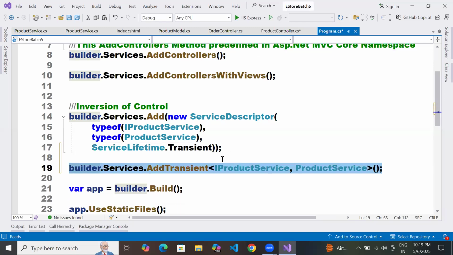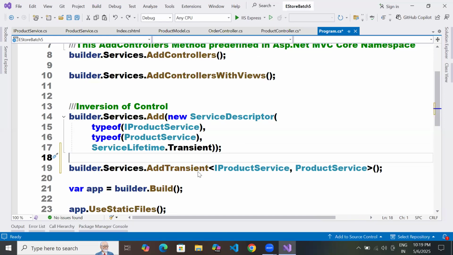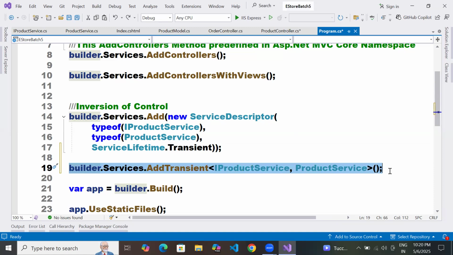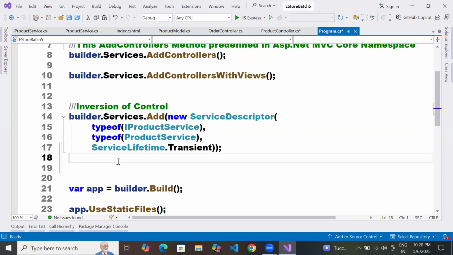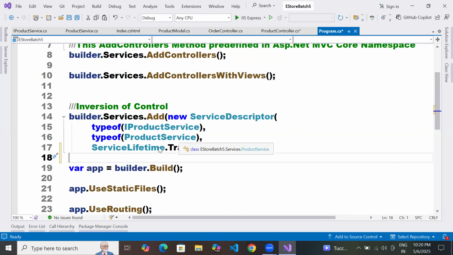Sir, suppose we have a case where one interface is inherited by multiple classes. How can we handle that? We cannot handle that. We cannot create one interface with multiple services in IoC. It should be a single service. Okay, so in that case we need to create a separate object in the respective controller. Yes. Got it, sir. There is no alternative, right? Except that, it's highly impossible. See, if you're manually trying to create an object, you can play around with it. If you are registering it, you cannot play like that.